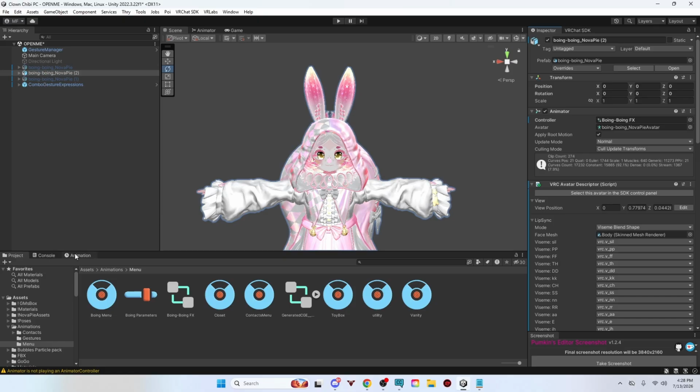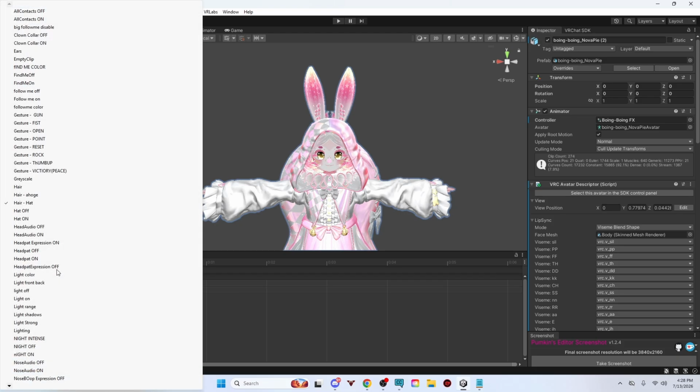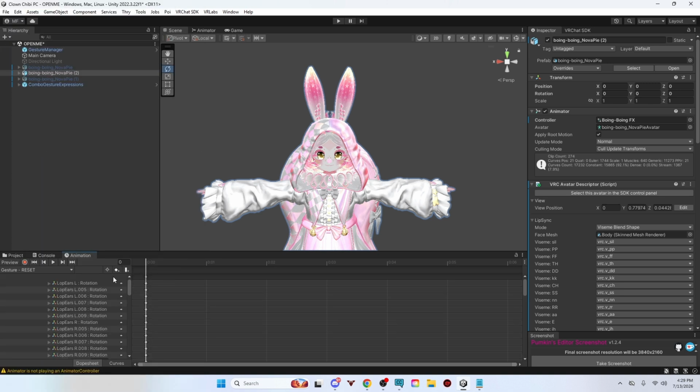Now I'm going to go to the animation, and then the only thing you really need to edit are the rock, thumb, point, open, fist, and gun. The only other time you really need to edit the reset animation is if you want to add on new items, like a new tail, a new ear, and you want them to be animated with the gestures. To do that,